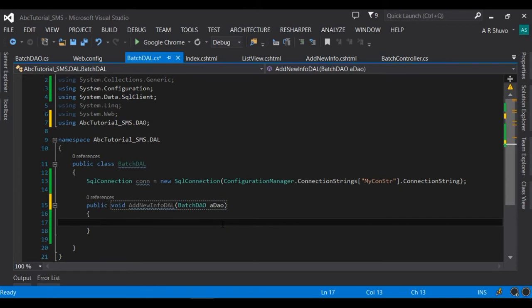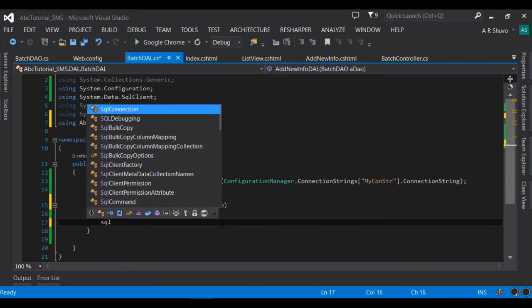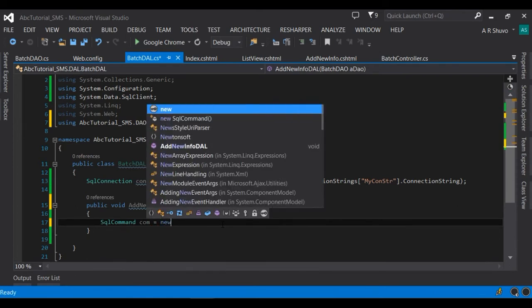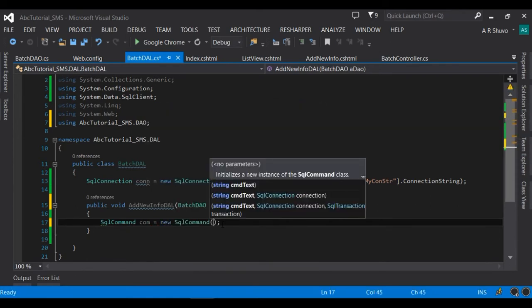Okay, and we need SQL command com equal new SQL command, and in this SQL command we need to use